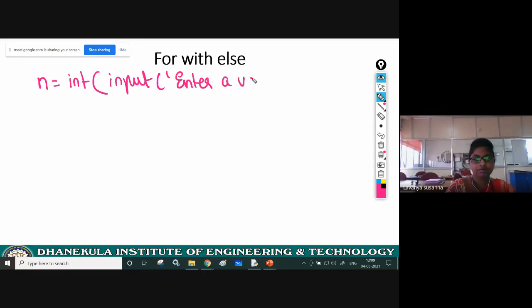See what the input function will do. Once again I'm explaining. The input function is used just like scanf in C language. What is the use of scanf in C language? It is an input function, right? You give some value through the keyboard. Just like that, in Python also you use the input function. Inside the input function, you can pass any message, and that message will be displayed as it is on the screen, in double quotes or single quotes. Here, enter a value will be printed on the screen. Next, the cursor will wait, and you need to provide some value.